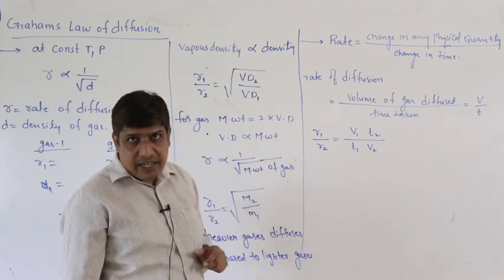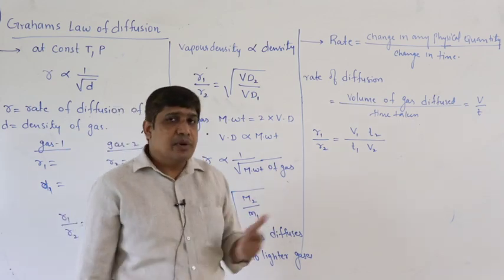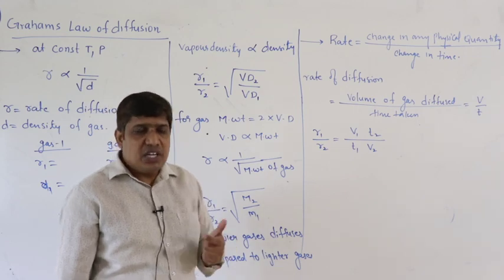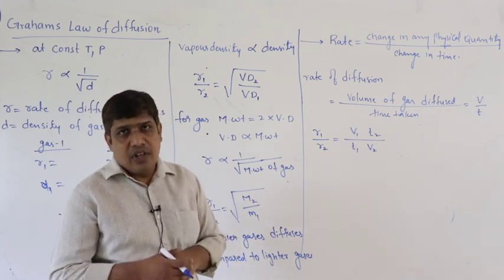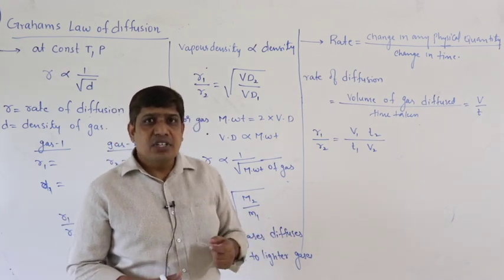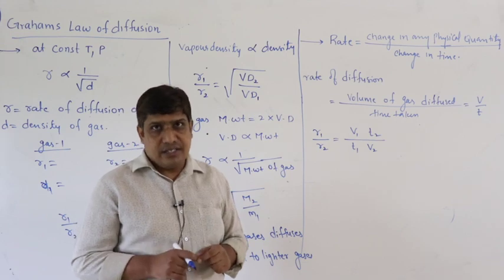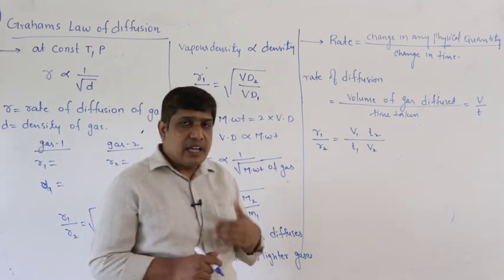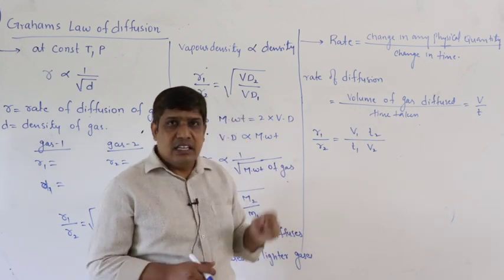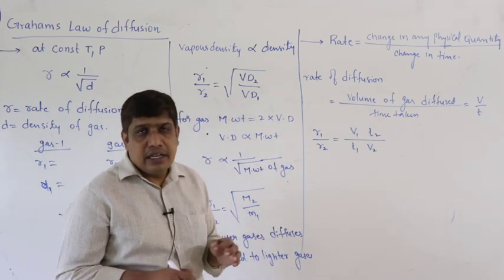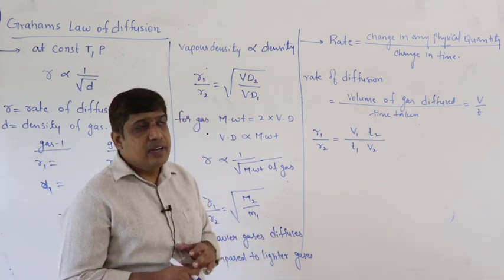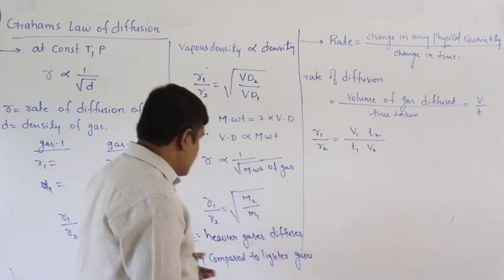Pressure and volume are related, right? You can measure the pressure of gas in the cylinder. When I open the nozzle, initially the pressure will be more because gas is more. When I open the nozzle, gas will diffuse. As the gas diffuses, the pressure of gas in the cylinder decreases, right? So rate of diffusion can also be defined like this: decrease in the pressure of gas in the cylinder by time taken. So all these are the different ways.